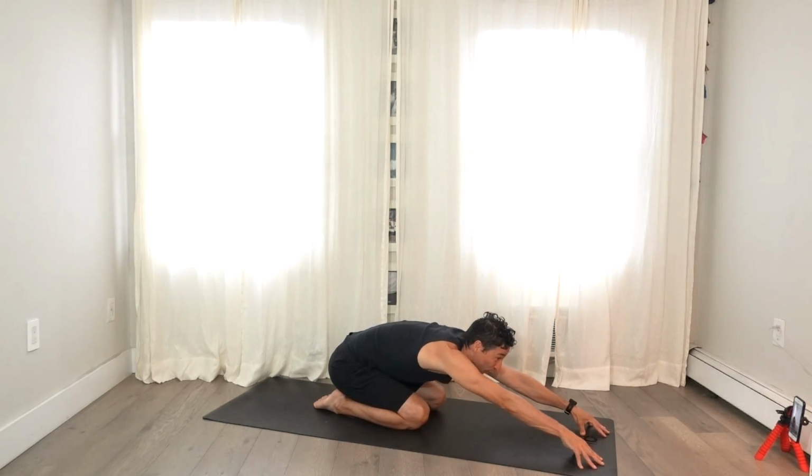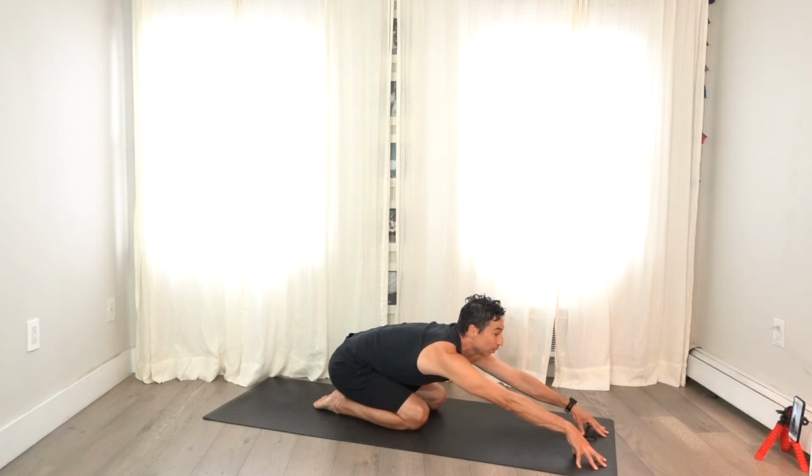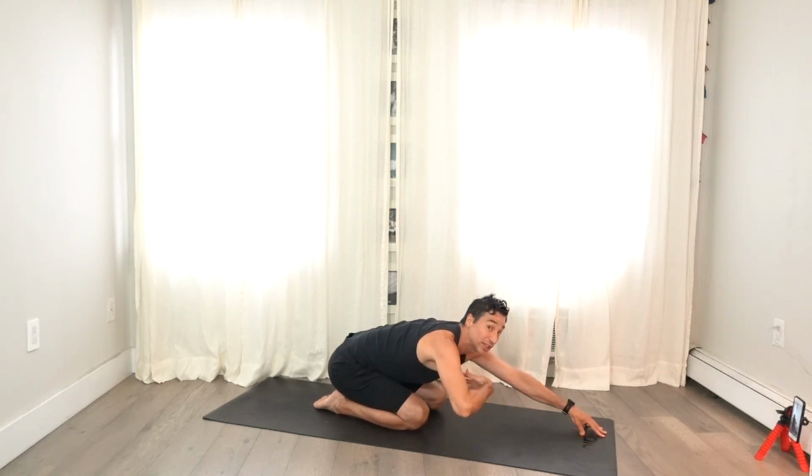But I'm going to take the arms forward and I'm going to keep it more neutral. So I'm lifting my chest up away from my back, my lower back. So I'm getting more extension. So,